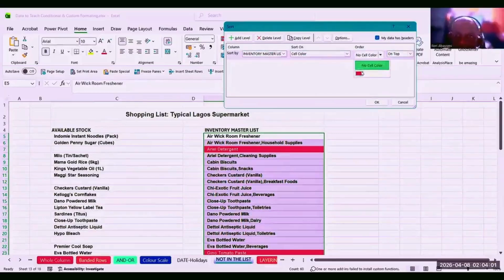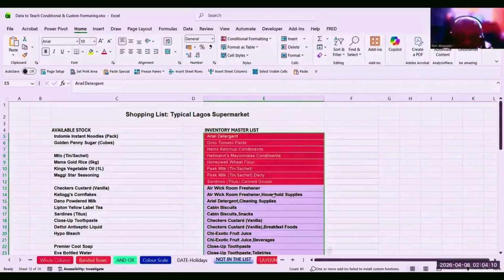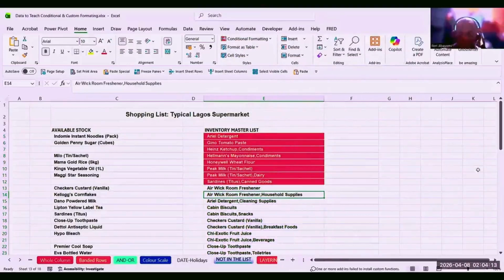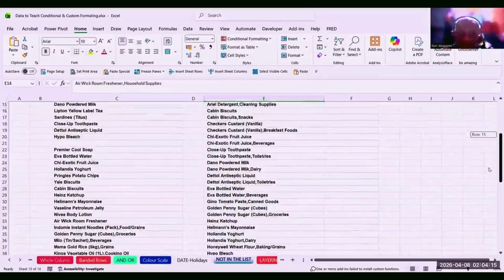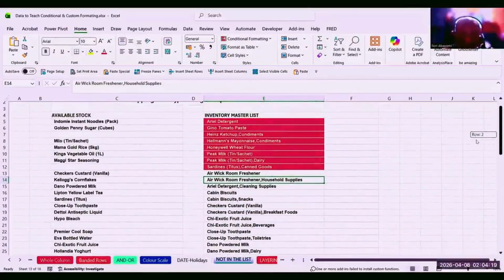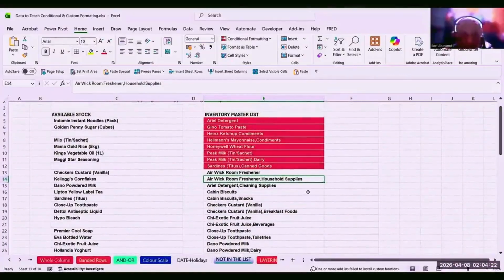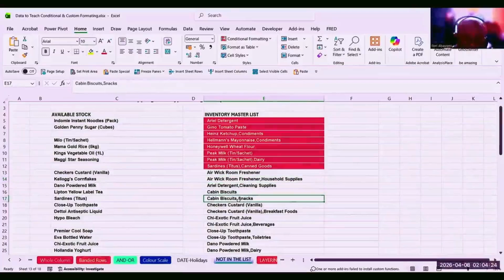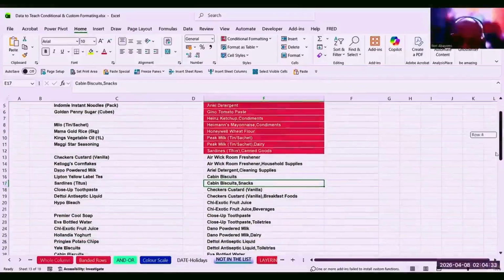I can use cell colors of one color. So what do I say? This color, yellow, let it be at the top. If I want it to be at the bottom, at the bottom. Default is top. I say okay. Voila. So it brings to me every item that is out of stock to the front, to the top immediately. For instance, if I come here and bring back any of the items that we deleted before, milk, for instance,